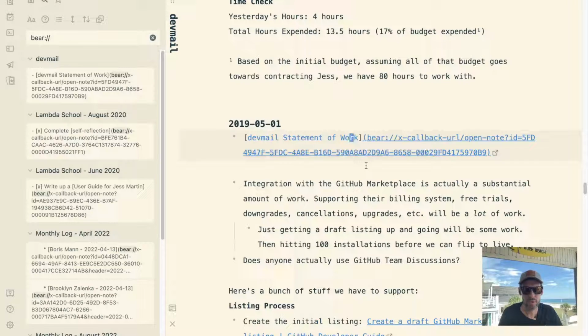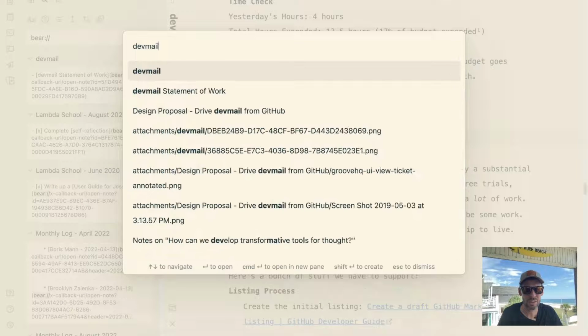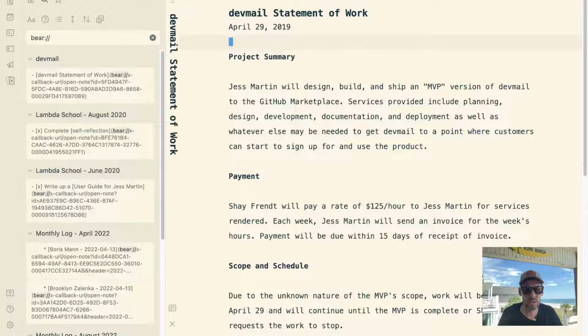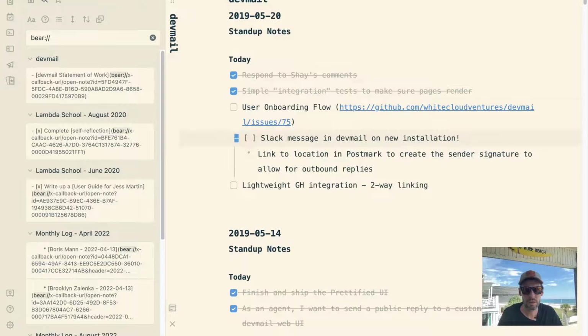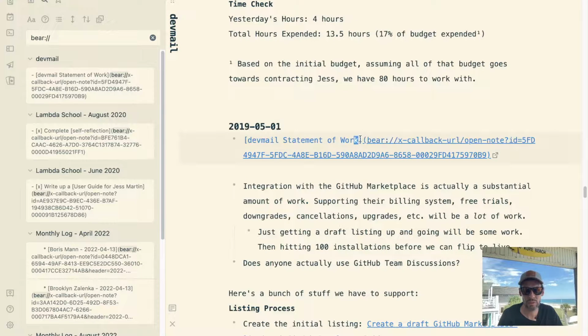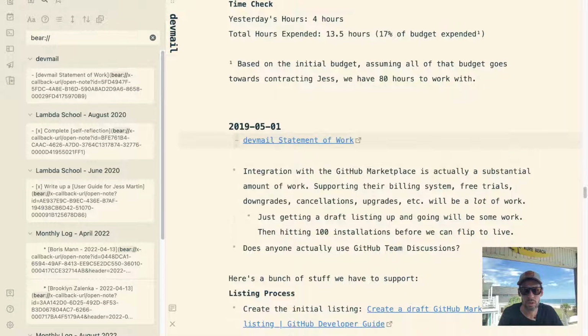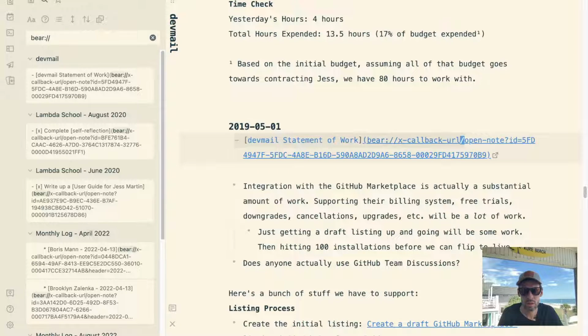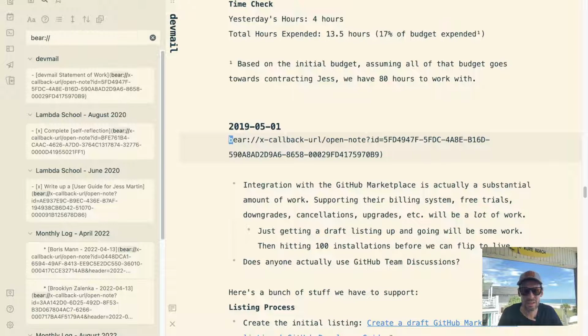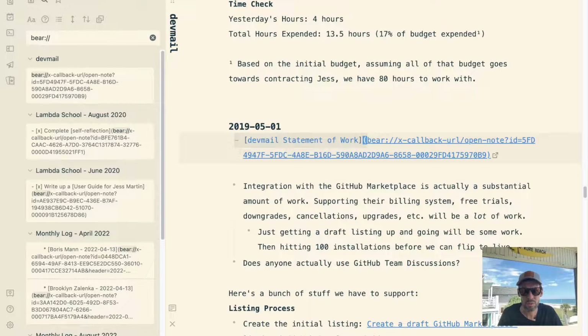Do I have the DevMel statement of work in here? I do, okay. Then let's go to that thing, and I think I can replace this with a double, whoa. D to E, whoops, that didn't work.